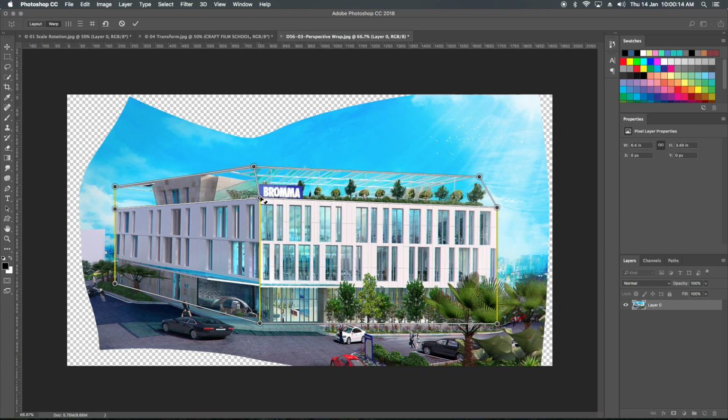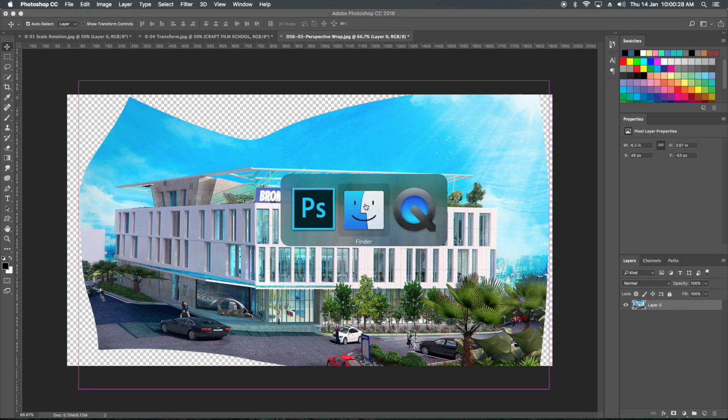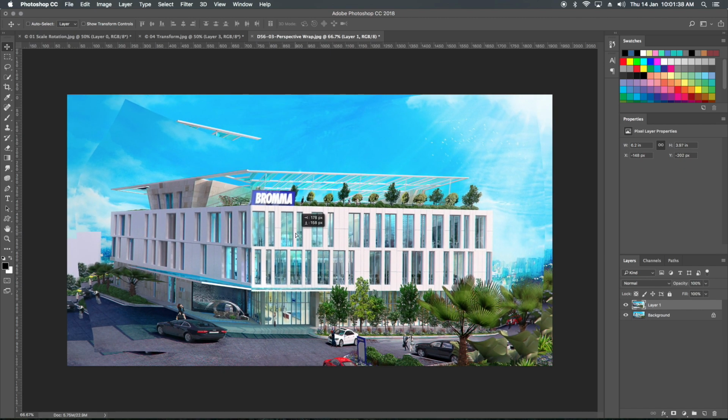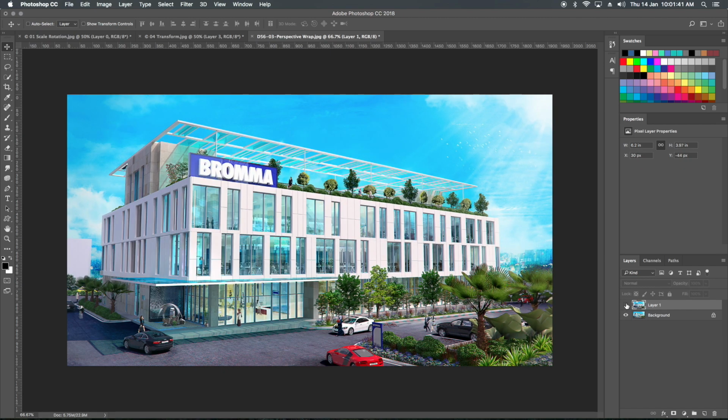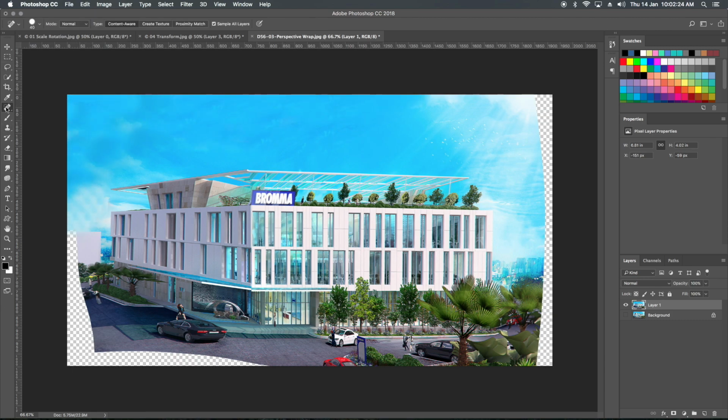So now you can see we changed this image, but changing this position led to the cutting of the edges also. Let's put this, okay, and now bring that image back again. Okay, let's stamp this sky. So I'm doing it very fast, but you have to take some more time.